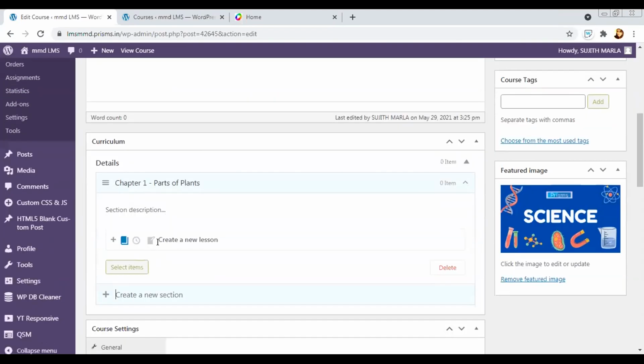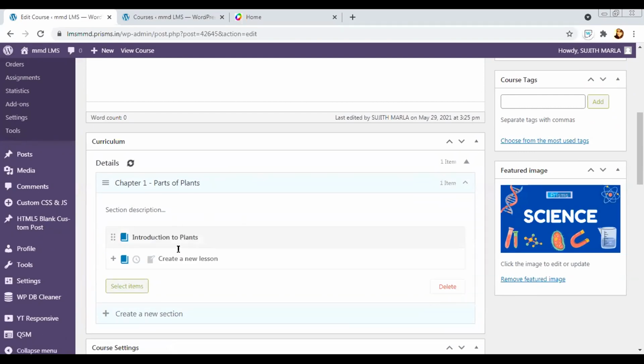Then after that, I can create a lesson. Like we saw earlier, you can create multiple lessons, one for a video, one for your notes, in a proper manner, or you can create one lesson and add content to it. I'll just type the lesson title currently and press enter. Once you have created a lesson, when you take your cursor in front of the lesson, you'll see a pencil-like icon, which is called edit item. You have to click on it so that you can add content inside your lesson.